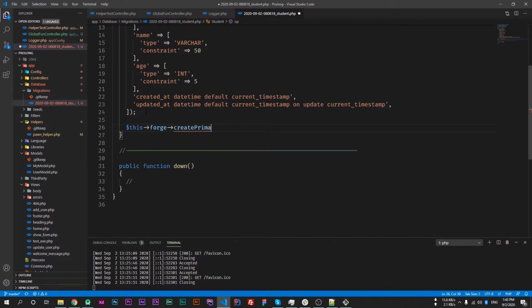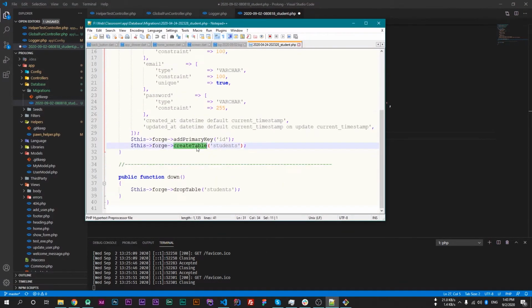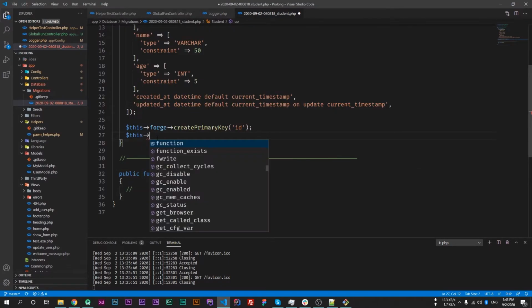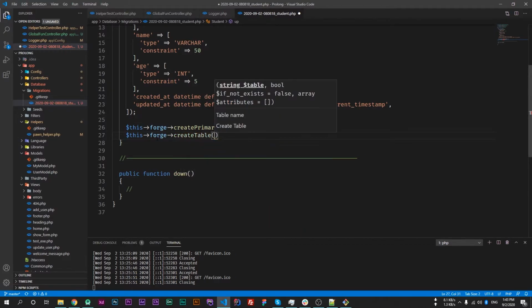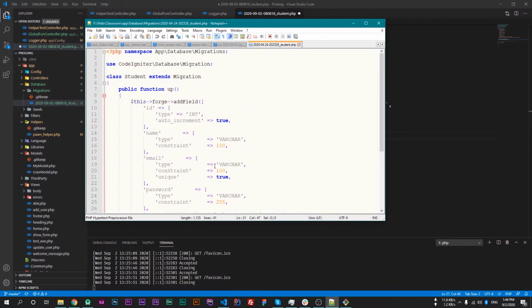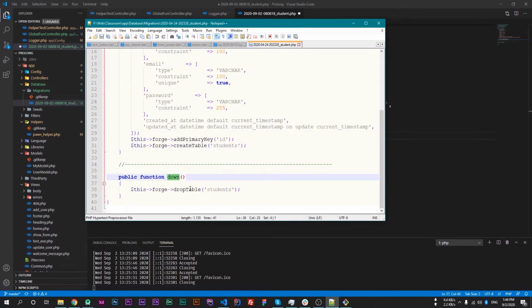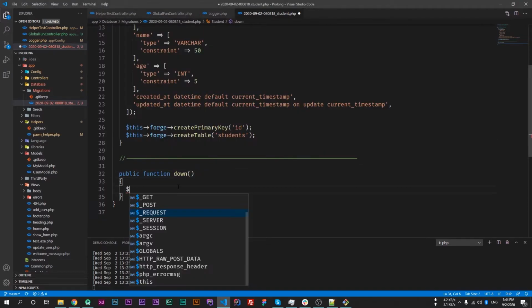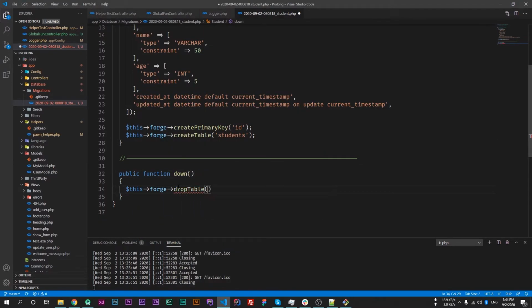The name of the key is id, and the last one is create table, and the name of the table. So pass your table name, which will be anything you like. So I will name it students, and that's it. In the down function, we will simply drop the table, and the table name will be students.